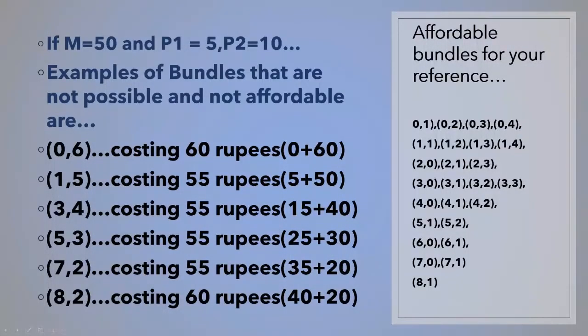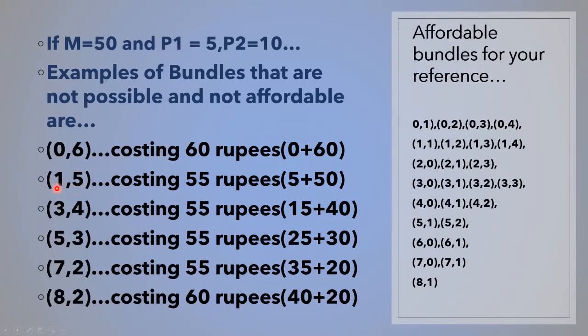Here I have put examples of bundles that are not possible and that are not affordable. For example, (0,6). If our budget is 50, can we buy 6 units of good 2 which is costing 10? No. This bundle costs 60 rupees because we would be spending nothing on good 1 but 60 on good 2, and we don't have 60, we have only 50. Here again there's another bundle,